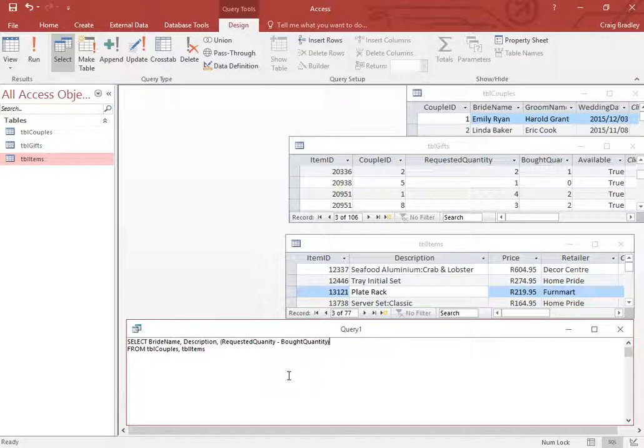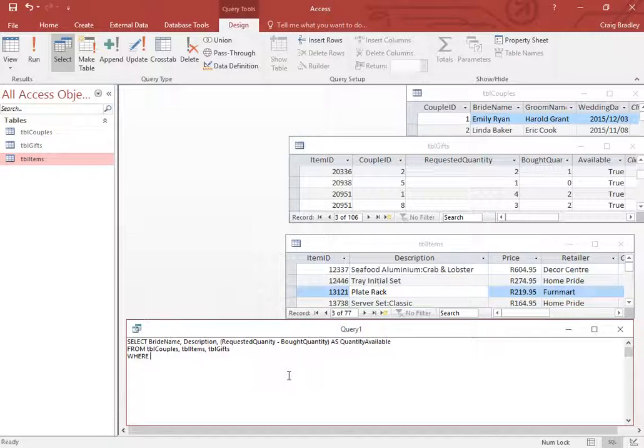Does that make sense? What did they ask us to call it? Quantity available. Okay, now we know we've also got a third table, and the third table is TBL gifts. So TBL gifts. So we have all 3 tables,